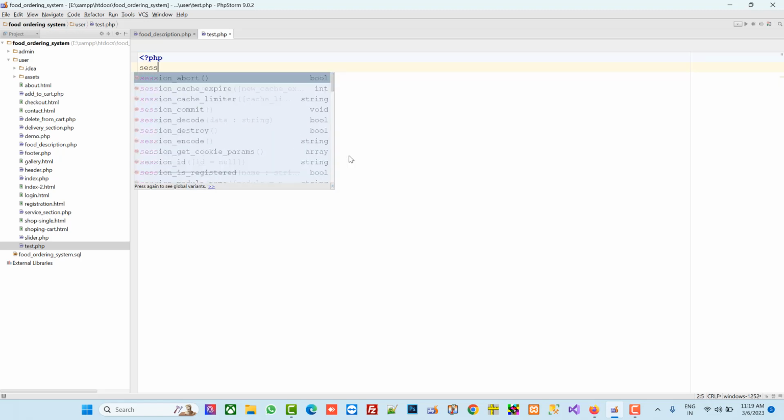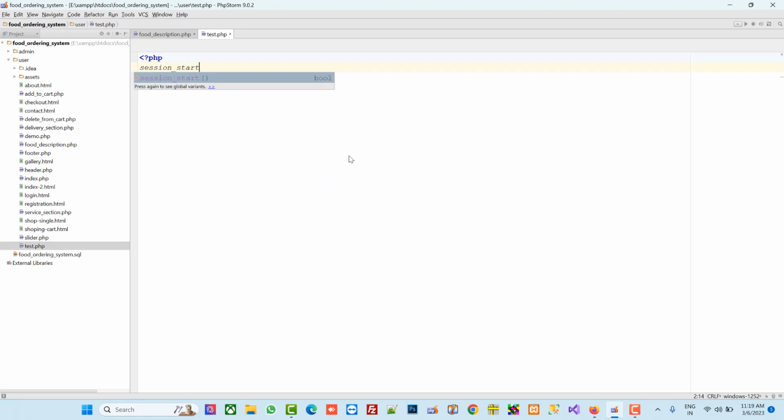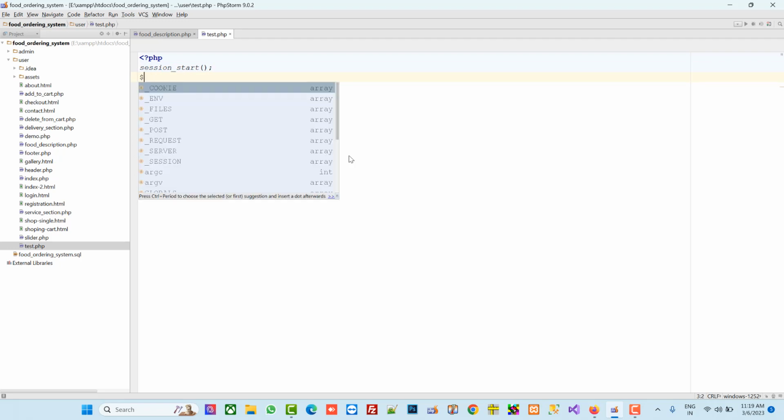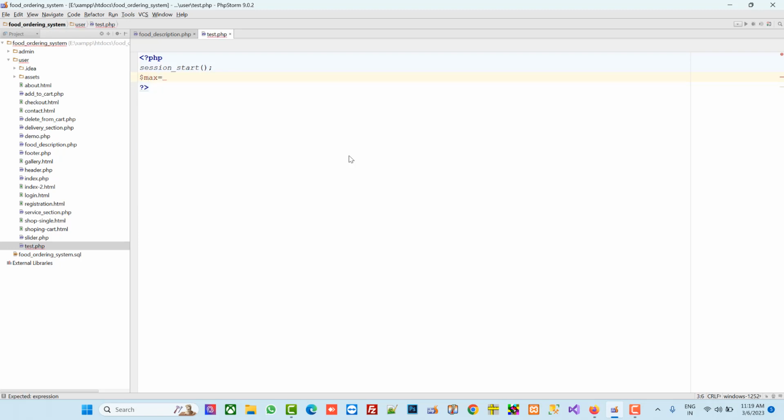Here we have to write session_start, and then we have to load data from the session. First of all, we are going to take one variable, $count equal to 0, as the second variable. Then we are going to check that if